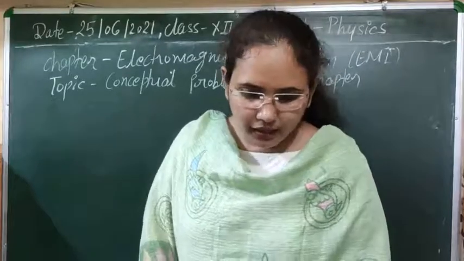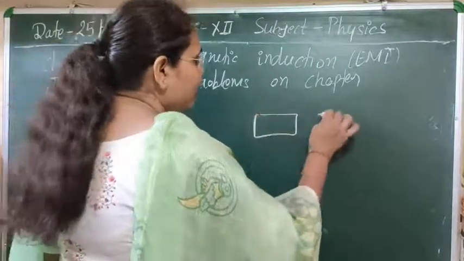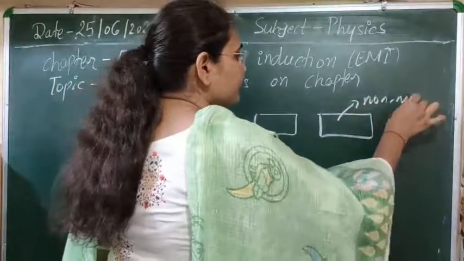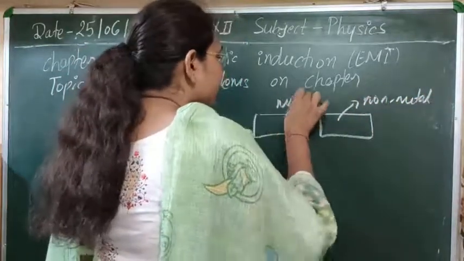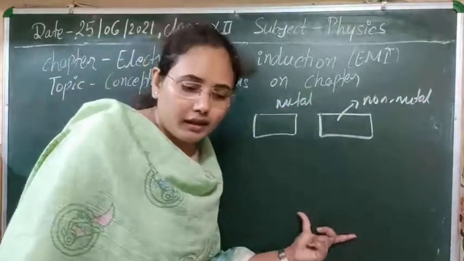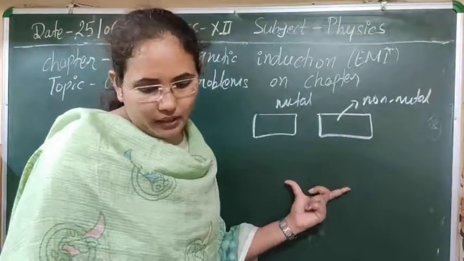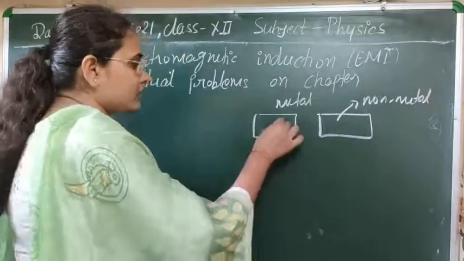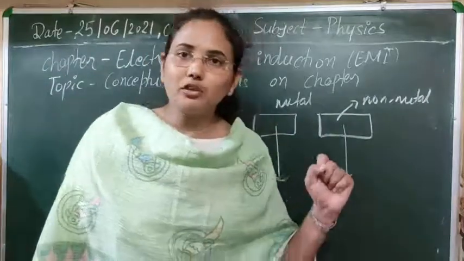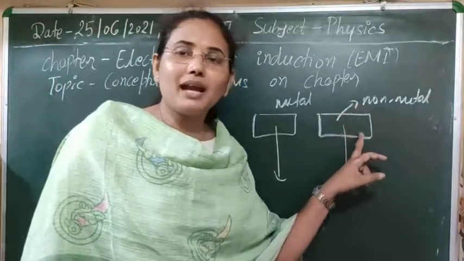So here simply two things are given. We have a piece of metal, and we have a piece of non-metal. Suppose this is non-metal, and this is metal. Now these two are falling in this direction, and obviously the vertical component of the Earth's magnetic field will change. For both of the cases it will change, but for the non-metal,